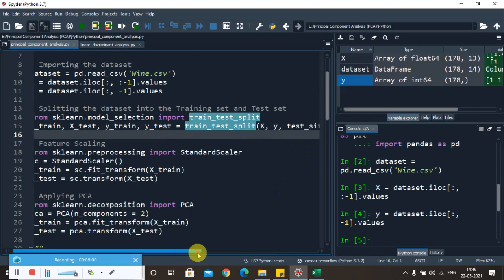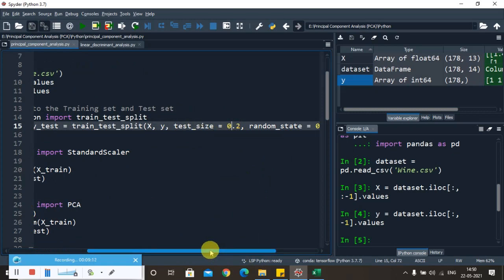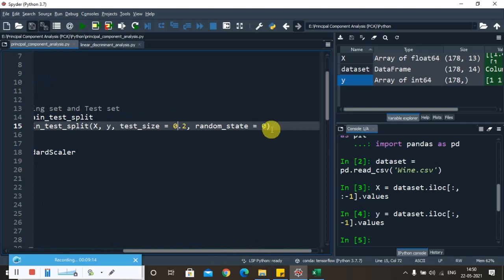As of now we have given 0.2, so out of 180, 20% means 36 data. So these 36 data we are keeping for testing, and the rest of the data we are going to keep for training purposes, and the random state is 0. That means each and every time we execute, the values should not vary.